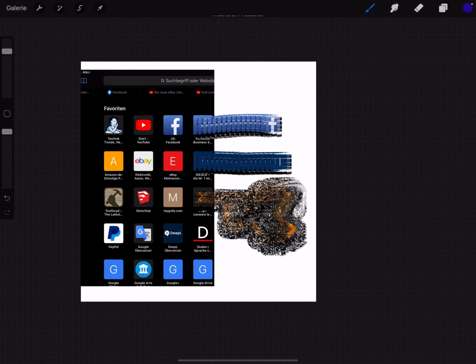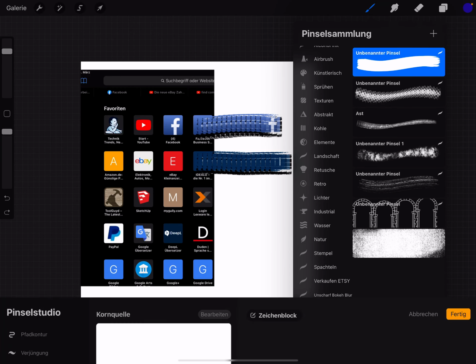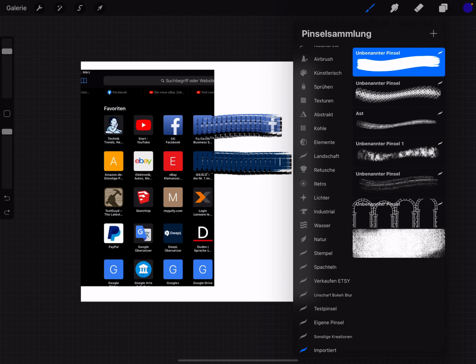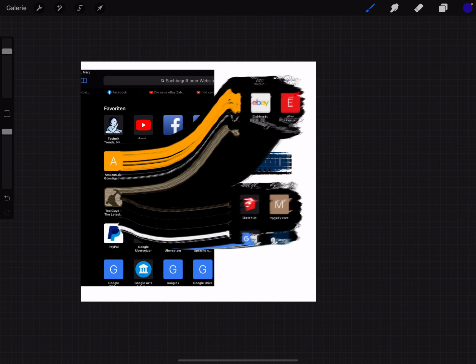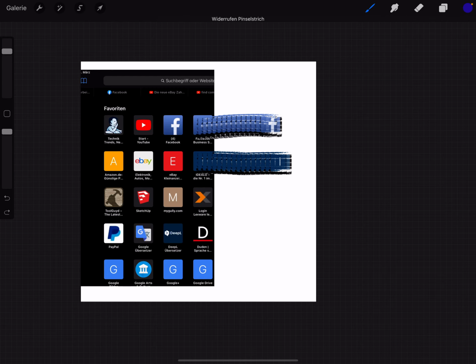I'm changing the grain again, then you can see it better. Then it picks the pixels.